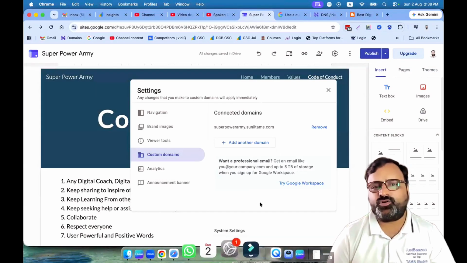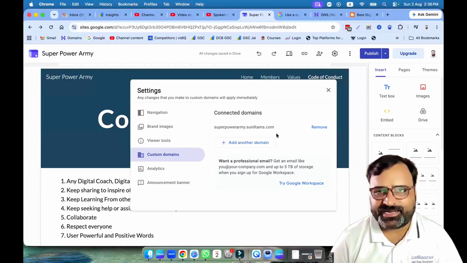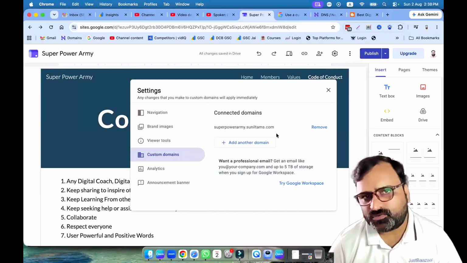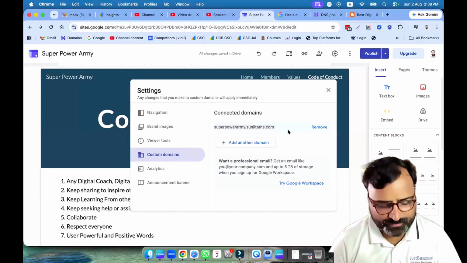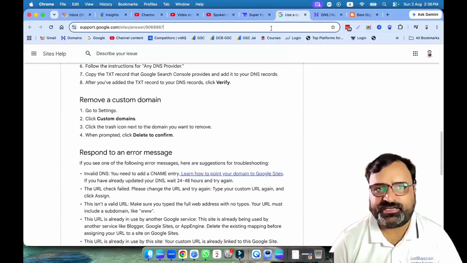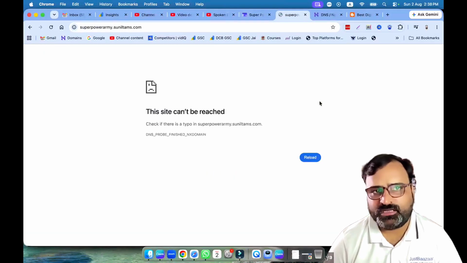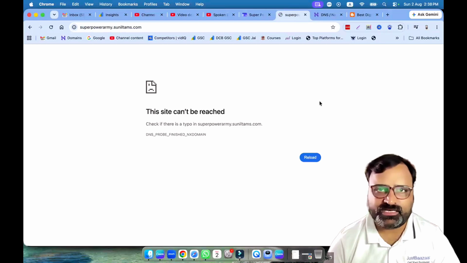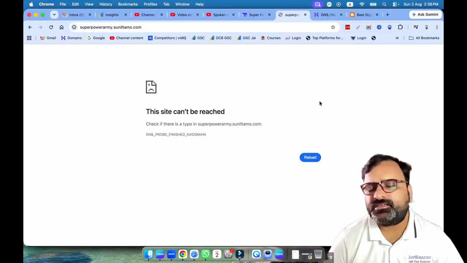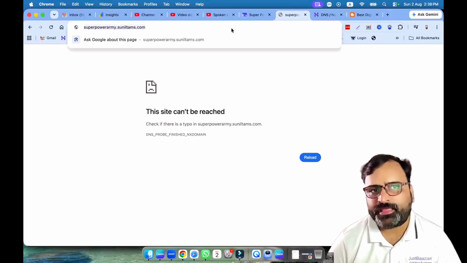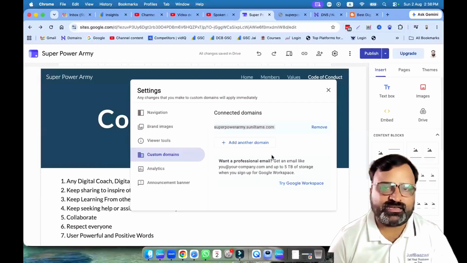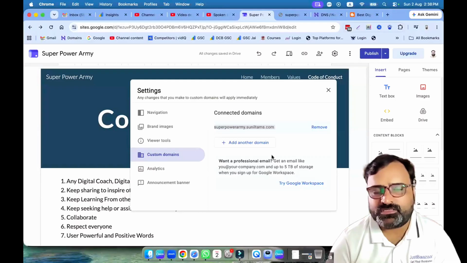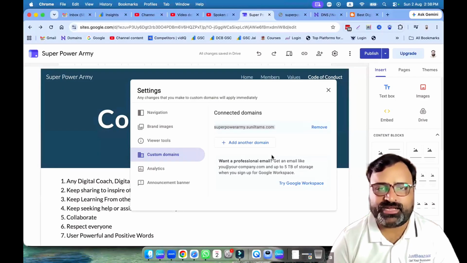So it is saying custom domain assigned, but it can take up to 2 hours to 24 hours to get connected and work properly. But let's go ahead and check if it is already working or not. So it is not working. It means it will take around 30 minutes to 24 hours. Okay, sometimes it takes only 2 minutes. It depends. But your domain is connected and within few hours, you will be able to access your Google sites